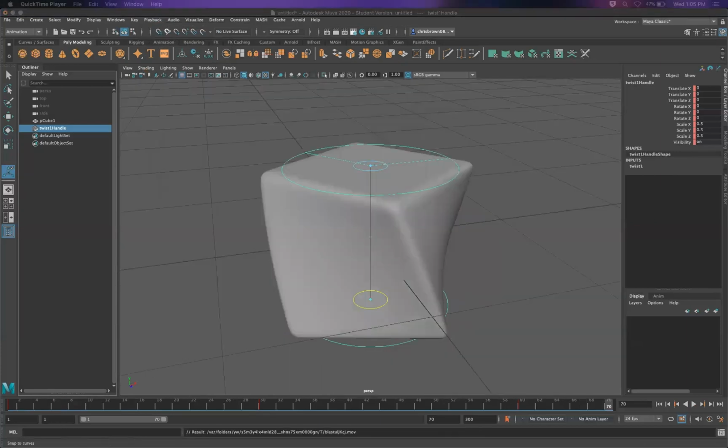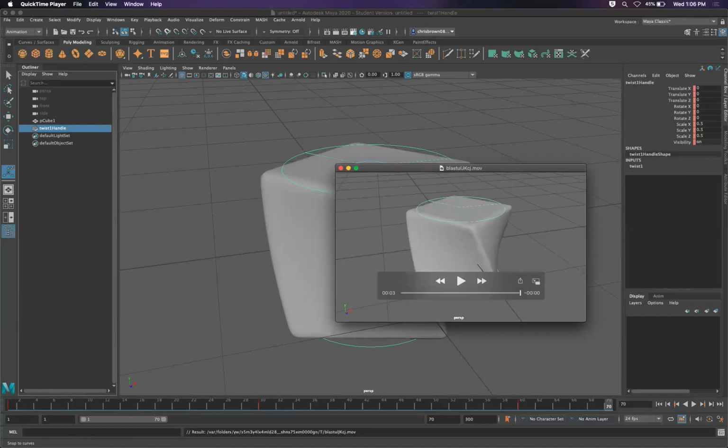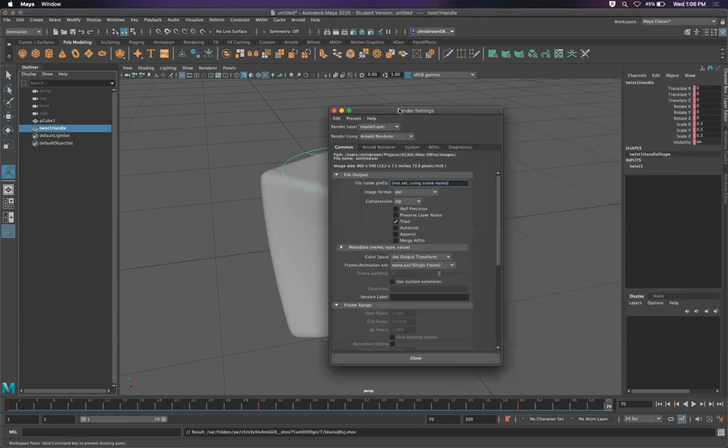And now it just opened in my other screen. It opened in QuickTime and opened up this video to show. So play blast, really cool tool, very quick to see what you're needing. But then if you want to actually render out, all right, then we have to open up the render settings